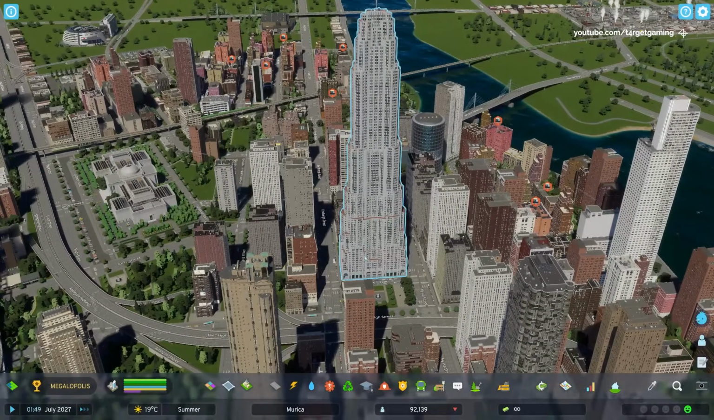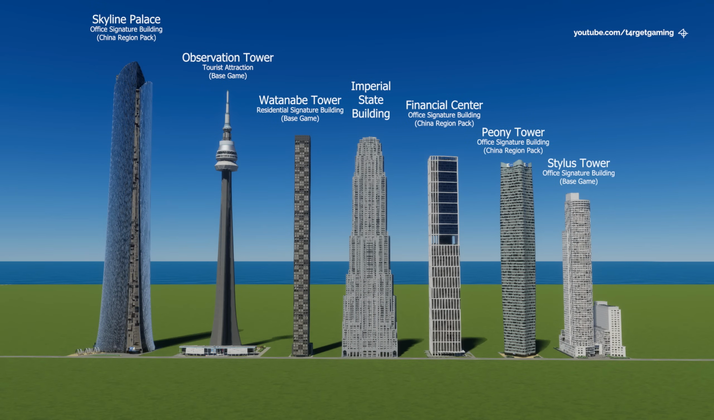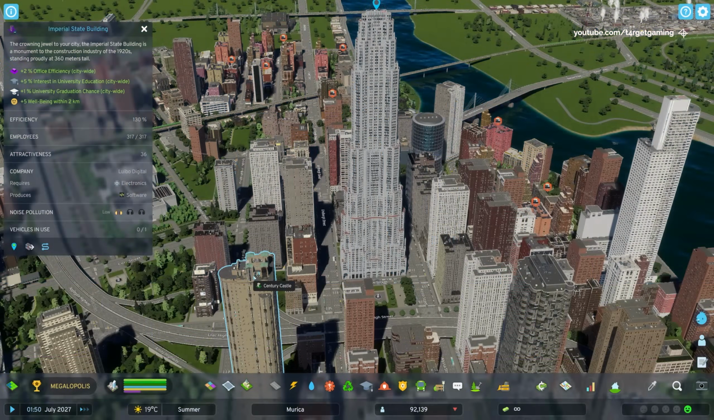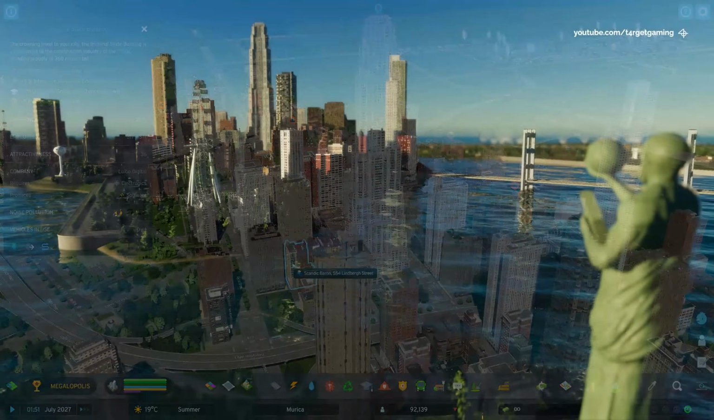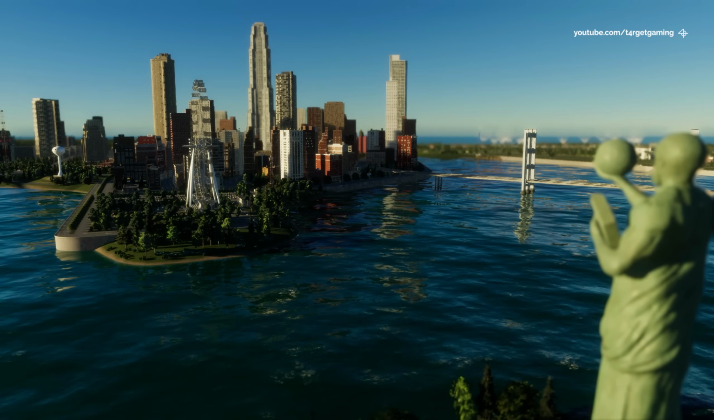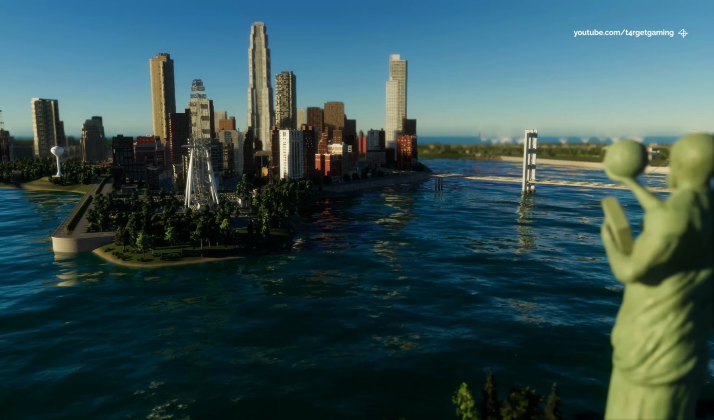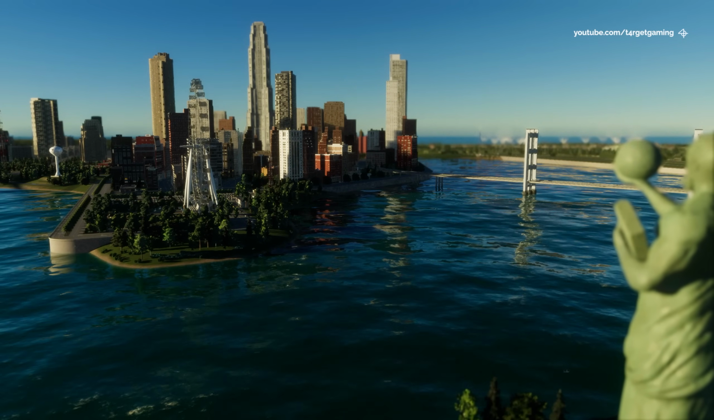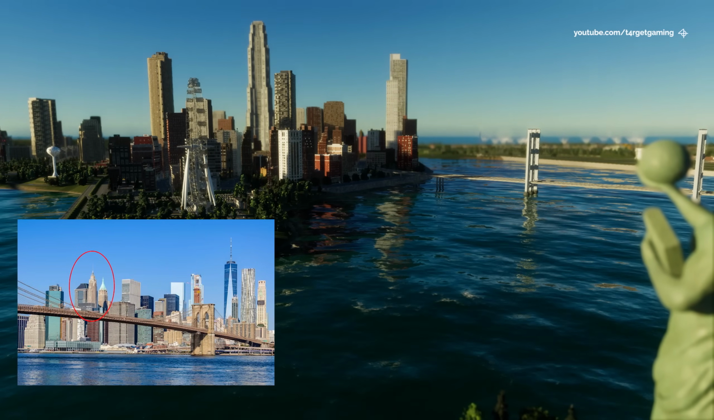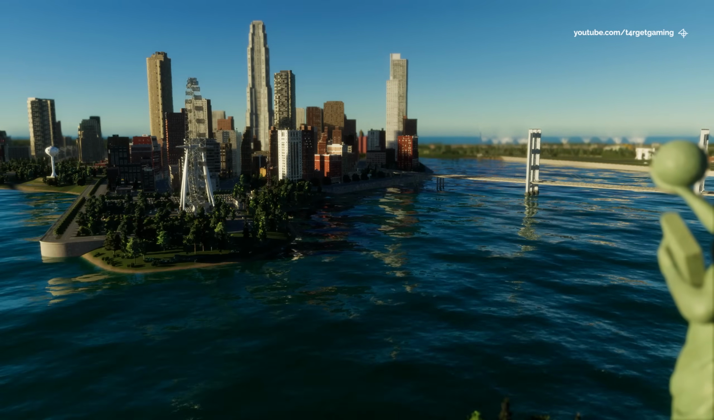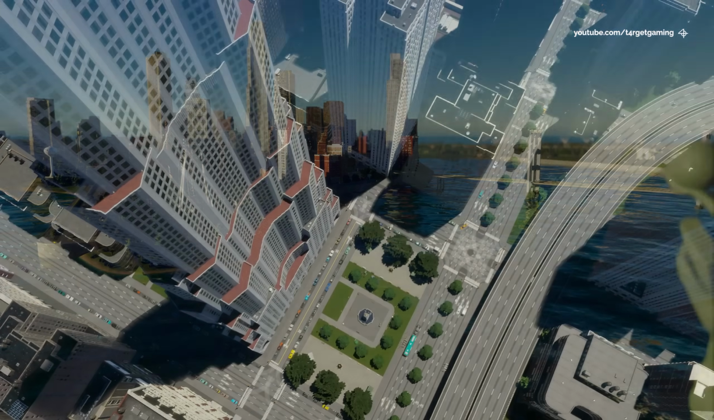If my experimentation is correct, the Imperial State Building is currently the 4th tallest building in the entire game, including region packs. Because there's not a lot of similar options in height, the Imperial State Building is always going to stand out in your city. Achieving a blended look just like the skyline of New York City, where the Empire State Building is almost concealed among the other taller buildings, is probably not going to be possible with only American